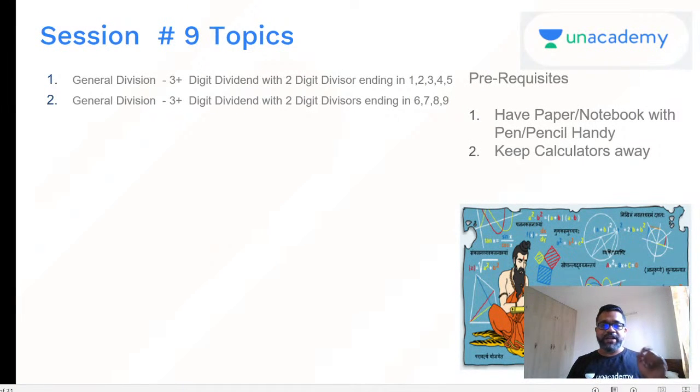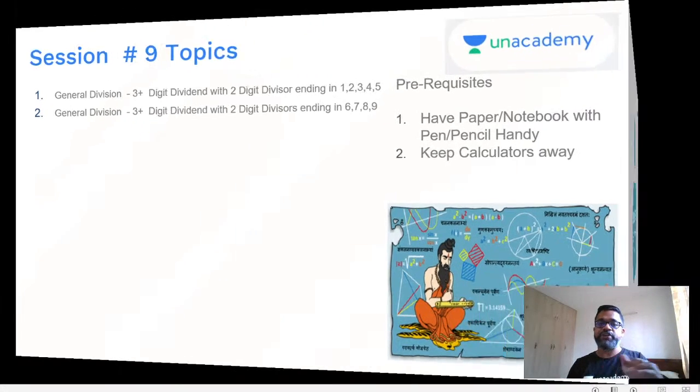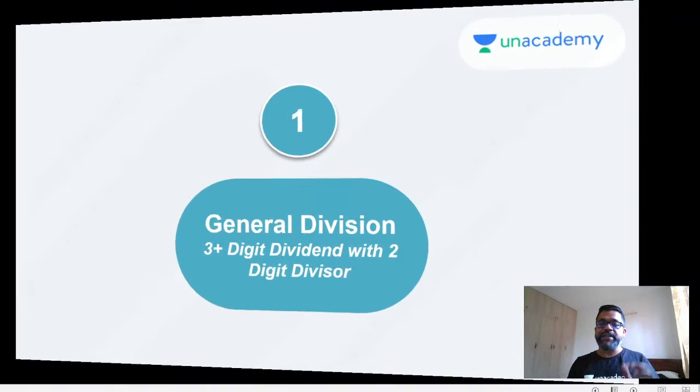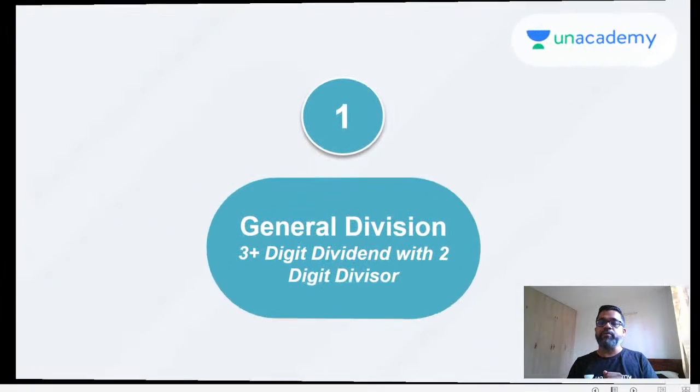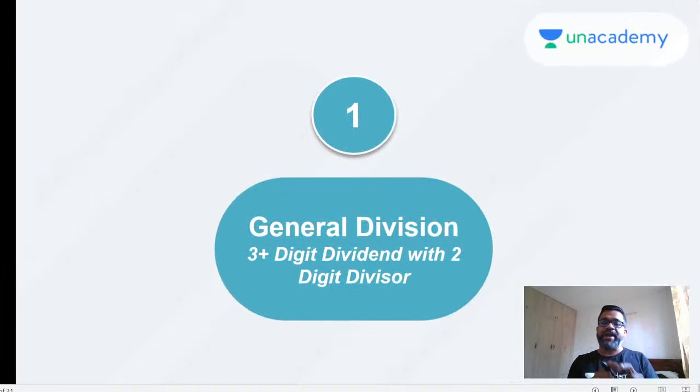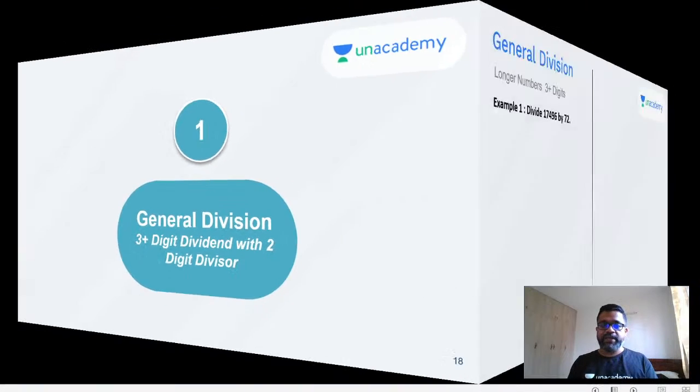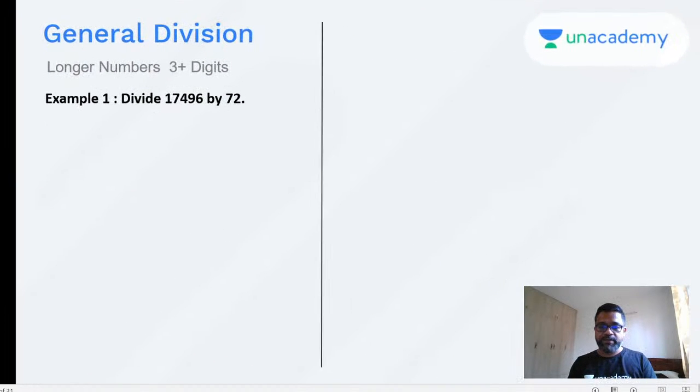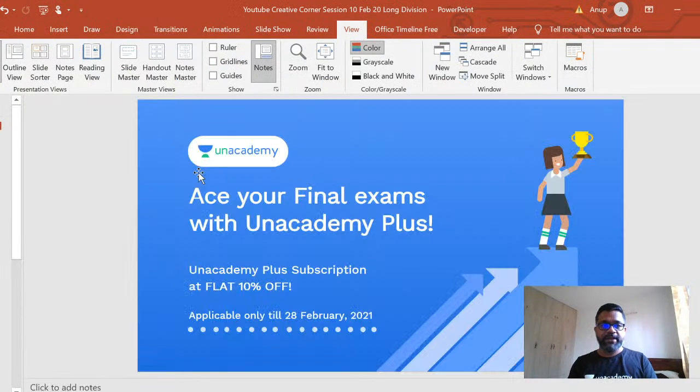So now let me get to the content for today. We're going to do some division tricks. Last session we covered some short division, so you might have to check that for short division. This is a bit of long division, where I'm going to be dividing 3-plus digits with a 2-digit divisor. So let me quickly get started, and I will put it on a different mode where I can actually write.